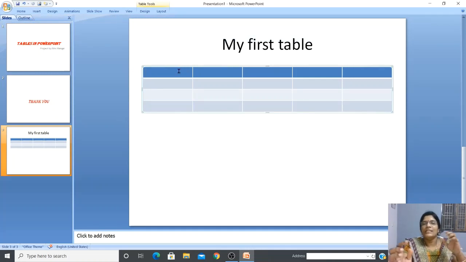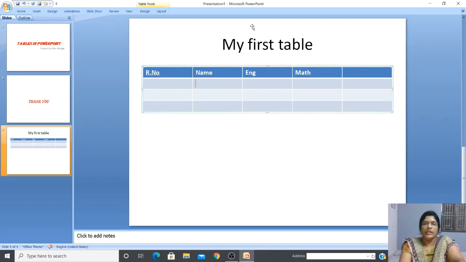Click inside to get the cursor and type roll number, and using the Tab key I move on to the next cell, and here I am typing name. You can use the arrow key also to move from one cell to another cell. Then English, then math. Actually you should say math, not maths.